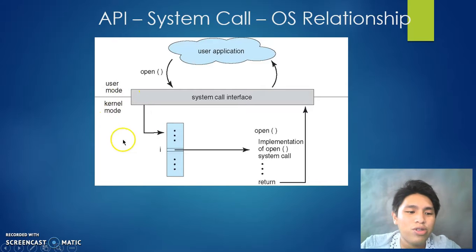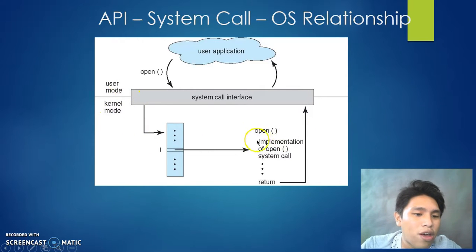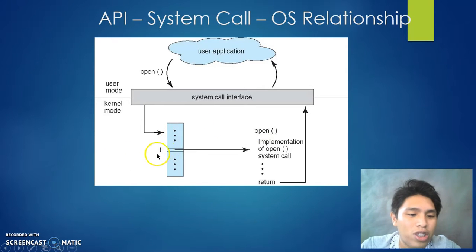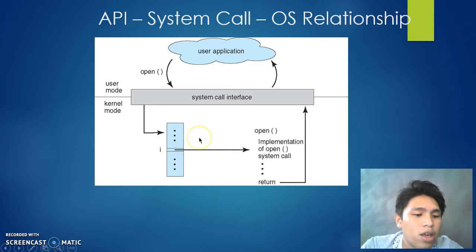In the user mode, the user application calls the open method, which is then processed in the system call interface. In the kernel mode, the system call interface invokes the system call in the OS kernel. It maintains a table index according to the number associated with each system call. From this index table, the implementation of the called method is obtained, which is then returned to the user application